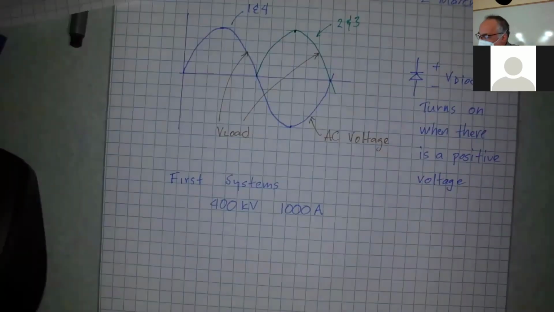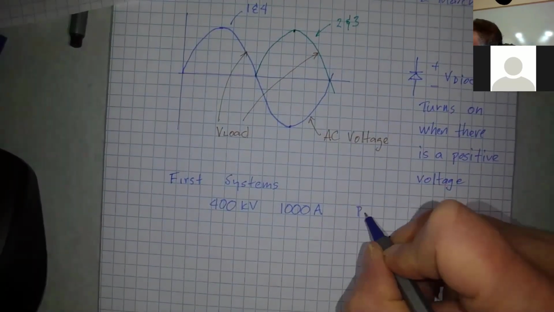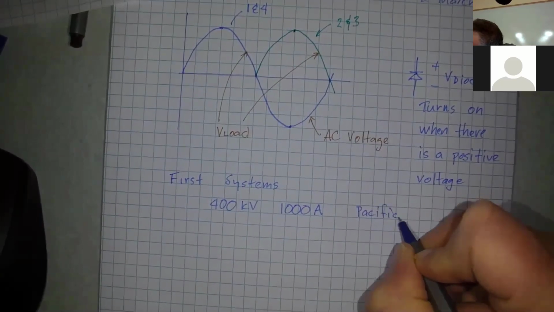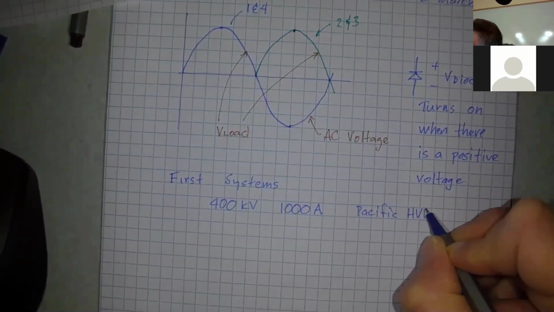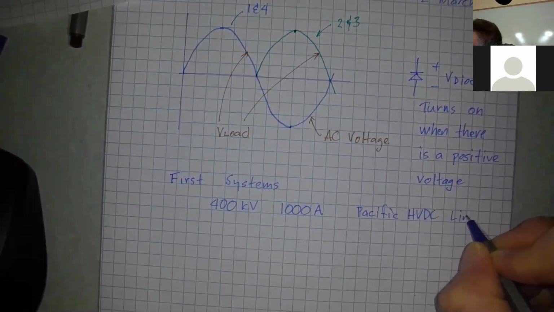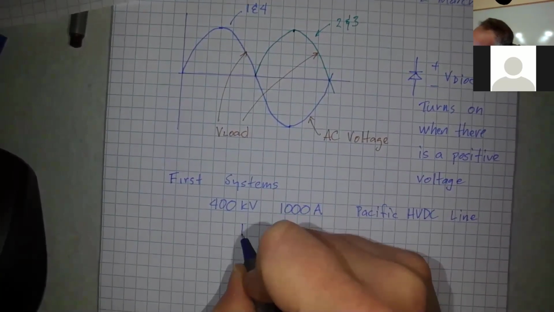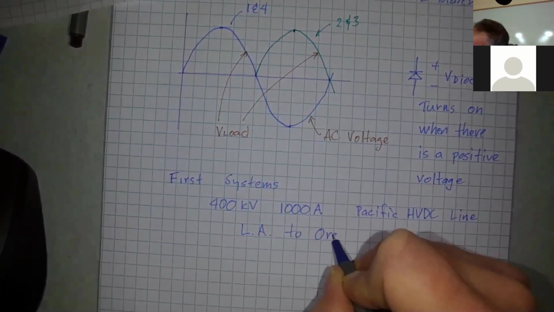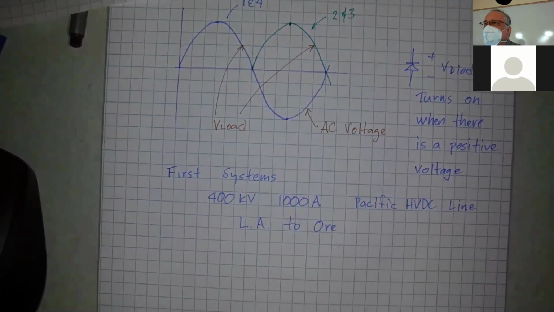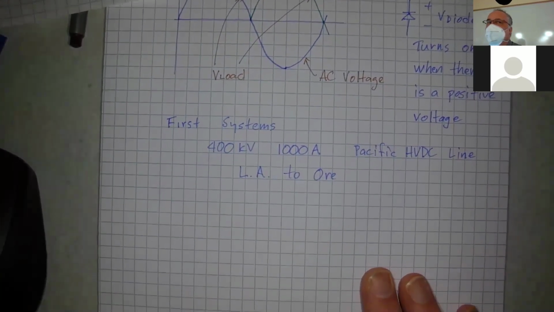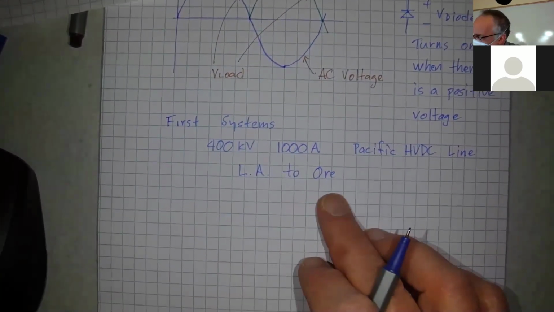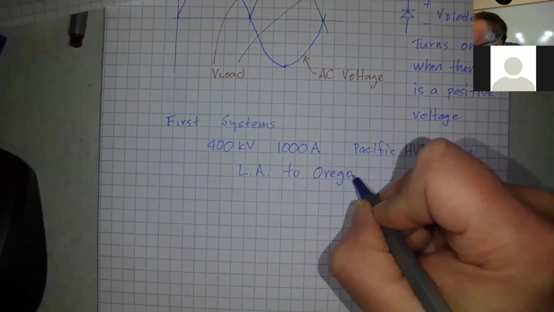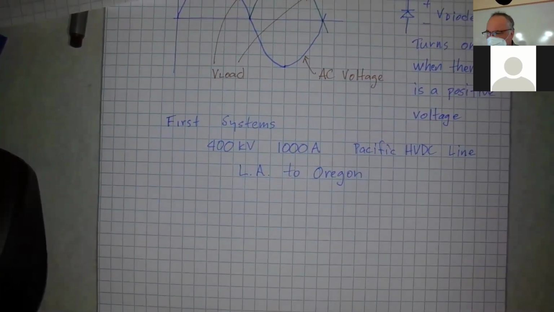Okay, so that was the Pacific high voltage DC line. So that went from Los Angeles to Oregon. I spell it Oregon. O-R-E-G-O-N? Yep. Okay. So I'm blanking right now on what the voltage was for the Gauntlet system, but I worked on